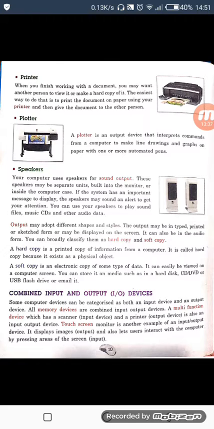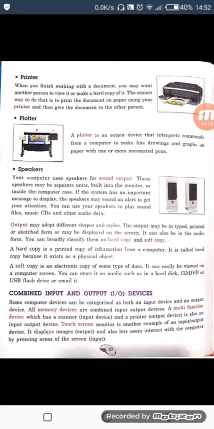It is not compulsory that output will be available to you with the help of printer only. No, it can be typed and we can view that typed data on the screen. That is output. If we see something on the screen, we can call it output. If we get a sketch, if we get a printed form also, we can call it output. It can also be in the audio form, like I gave you example, speakers. The sound coming out of speaker is a kind of output.